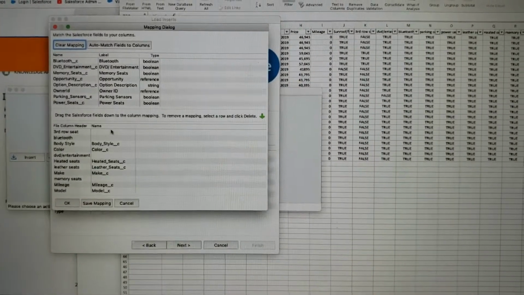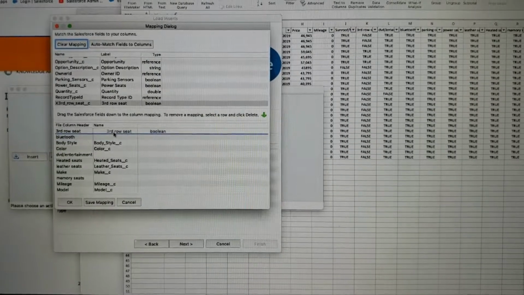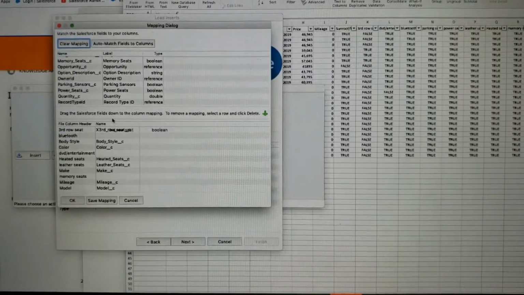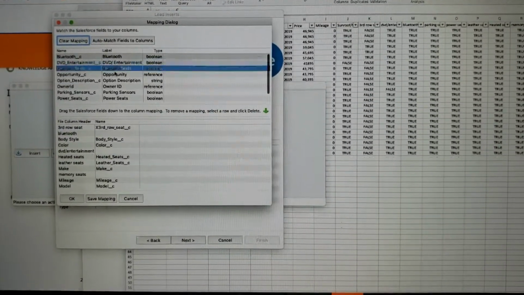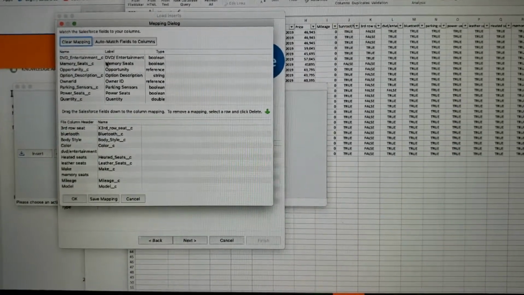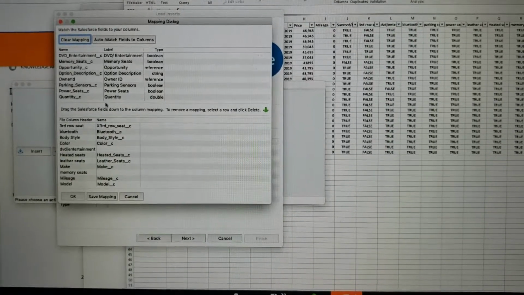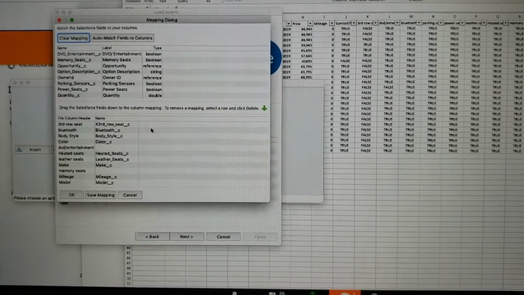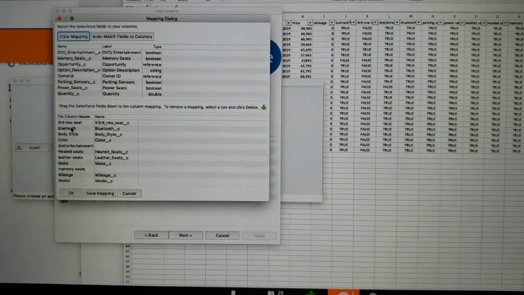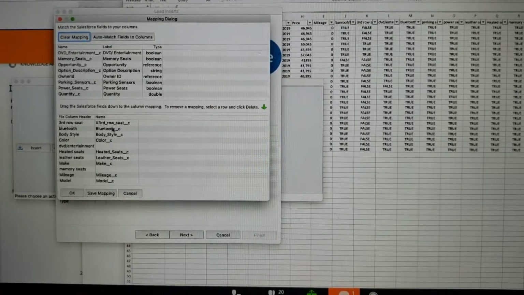So a bunch of mine didn't map. I need to go find third row seat. I'm going to drag that down and map it. I need to map the Bluetooth field. So I'm going to drag that down and map it. So the top part is your Salesforce fields. The bottom part is your Excel file. So you're just matching what goes with what. Like, I want the data in the Bluetooth field in my Excel file to upload to the Bluetooth field in